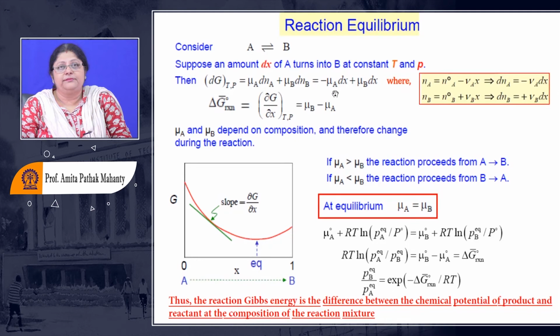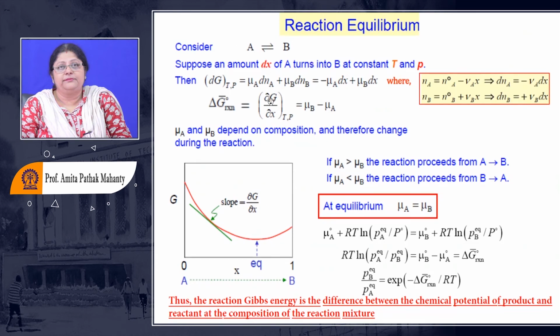So if I write this down, I can write it in terms of the progress of reaction, in terms of x, or in terms of z. So the chemical potential of A will decrease by dx amount, and the chemical potential of B will increase by dx amount. Okay. Now, if I want to find out what is the delta G reaction for the particular reaction we are dealing with, from A to B.